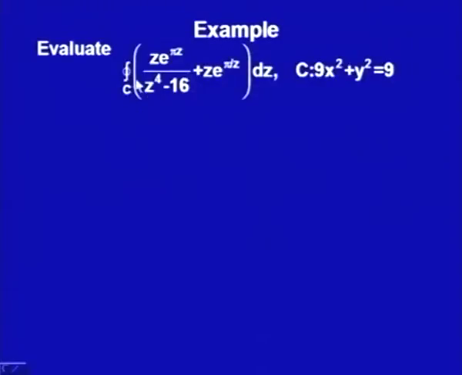Evaluate the integral of z e to the power pi z upon z to the power 4 minus 16 plus z times e to the power pi by z with respect to z on the contour C, where C is an ellipse. If I write this equation in the x y coordinates, it is 9 x square plus y square is equal to 9. Of course, we do know that in the complex number